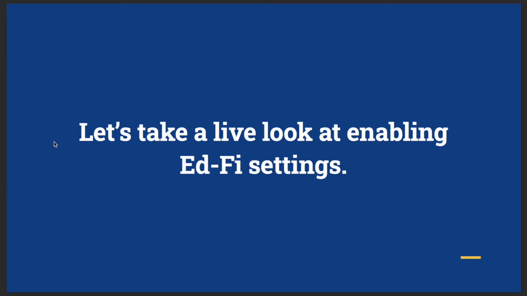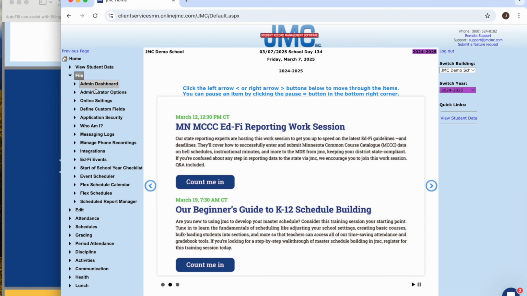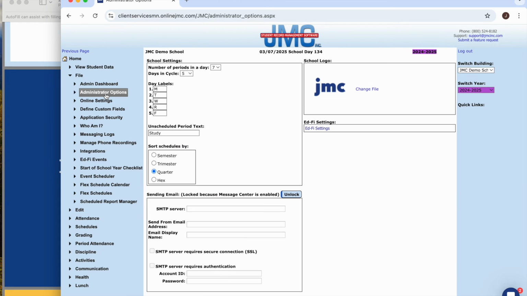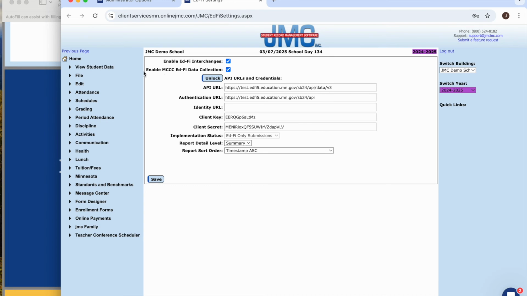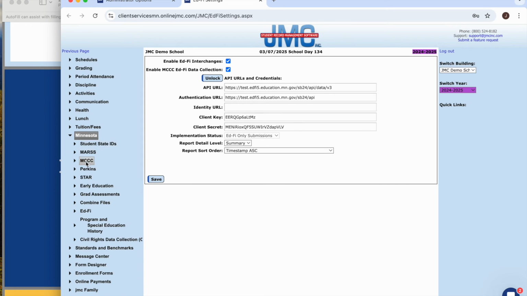Let's take a live look at enabling those EdFi settings. I'm going to go to File Administrator Options. I'm going to click the EdFi Settings link. And you'll notice I've already enabled MCCC data collection here. I'm going to show you a common item that comes up. I'm going to go to Minnesota